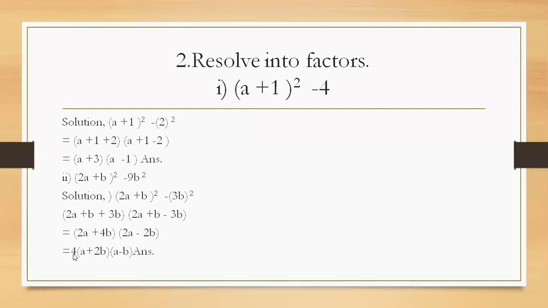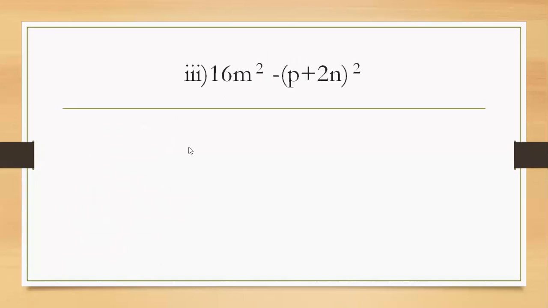And from 4b, 2 is common, and from minus 2b also 2 is common. 2 times 4 is 8, here left a plus 2b, here left a minus b only. Similarly here also, then look here, a square minus b square upon it. 4m whole square, and this p plus 2n whole square. And this a plus b, a minus b, that means 4m plus p plus 2n, but here is a minus sign. Put them compulsorily in bracket, because minus will change the sign of these terms which are in the bracket. Minus plus minus, minus plus minus. Okay, when you remove the bracket, please take care about the sign changing.